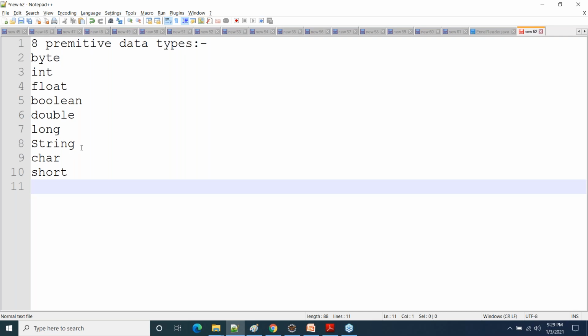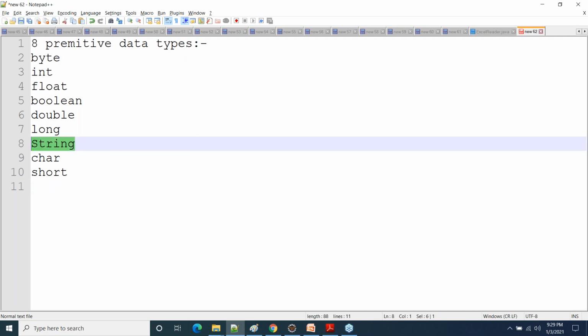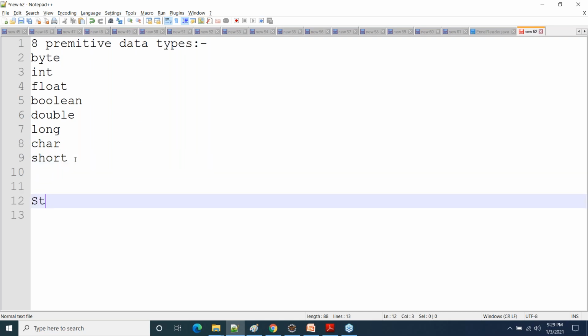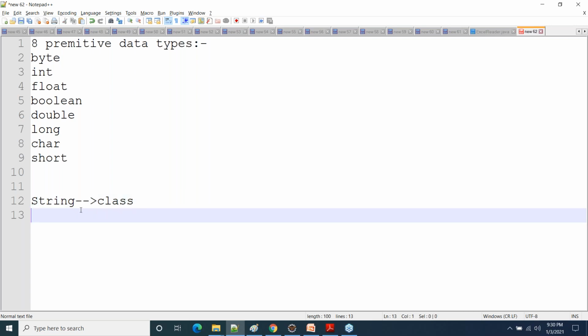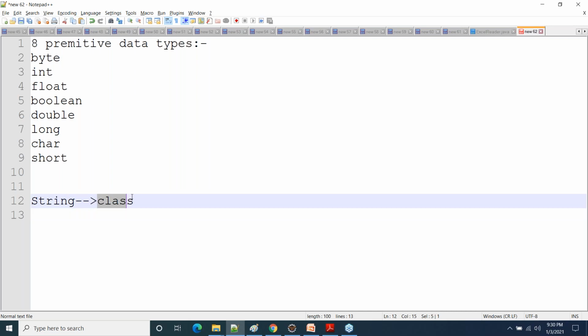Okay, now understand. First of all, remember one thing, a string in Java is not a data type. It's not a primitive data type. In Java, string has been introduced as a class, not as a primitive data type. String has been implemented as a class in Java.